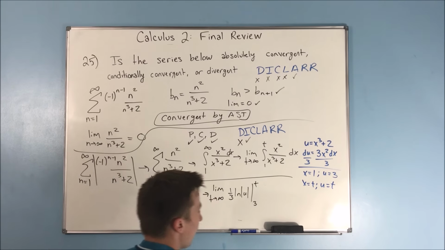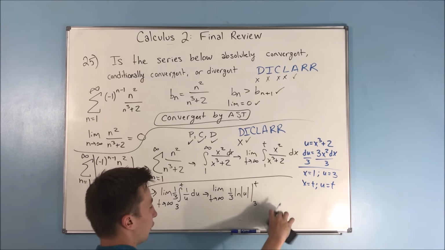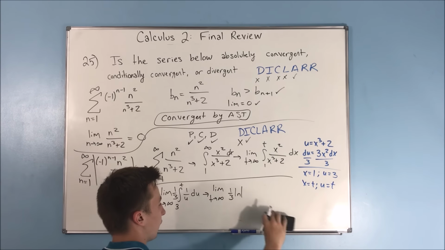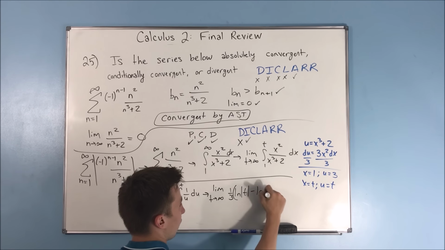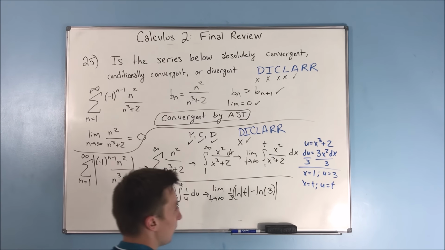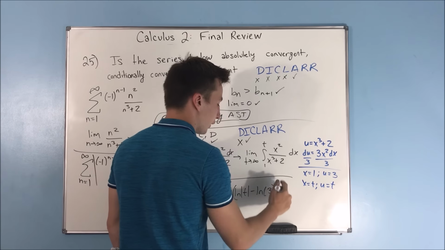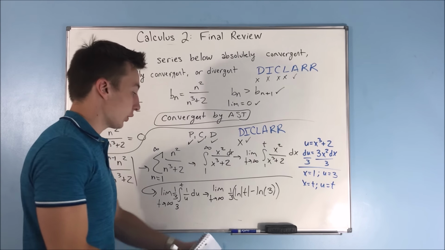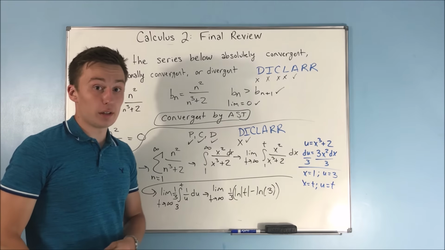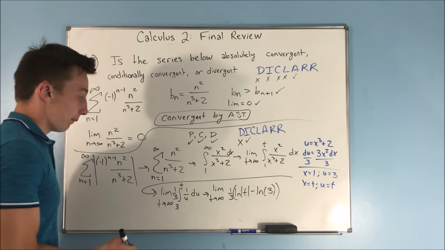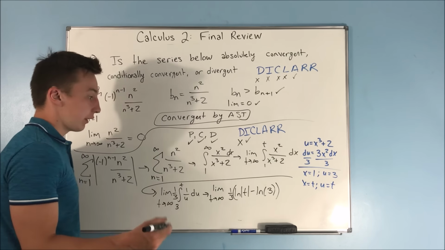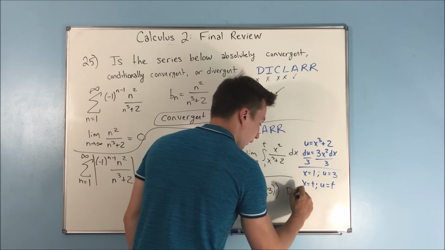That's natural log of t minus natural log of 3. You can see that it's going to be divergent because you have that natural log of t and t is approaching infinity. So since that's happening, this is divergent